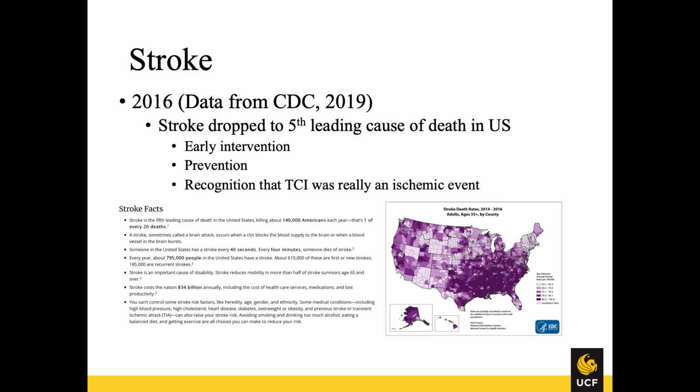So the most recent data that I was able to find, I pulled from the CDC website in 2019, and it looks like some of the data were from 2016, like the figure that you see on the right here, and then the stroke facts that I found were a little bit more recent. They were from 2019. But stroke dropped to the 5th leading cause of death in the United States,